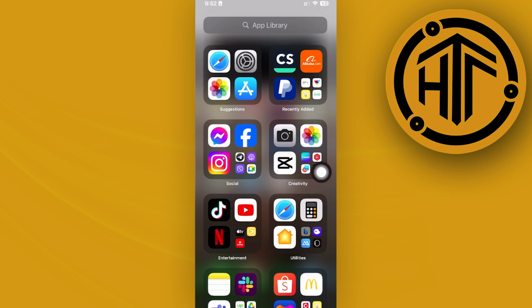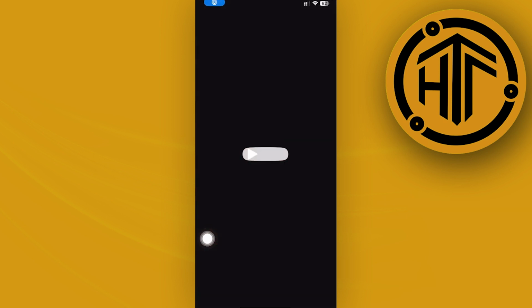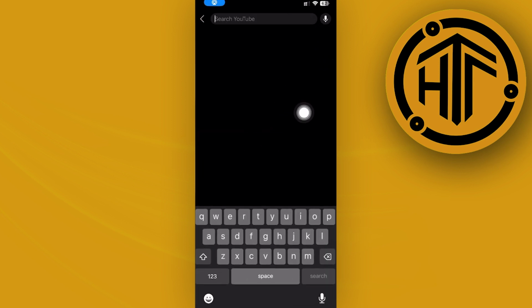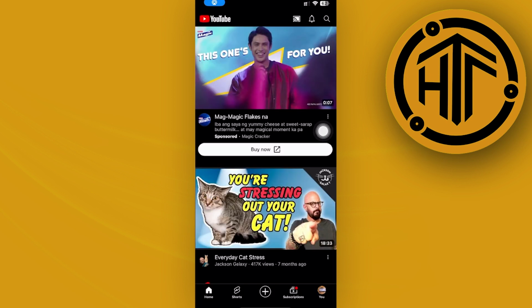So in order for us to accomplish this, what we need to do is tap on our YouTube application. And once we're already here, basically you're going to see and tap on your search button. And if you have some recent searches, of course, you are going to see all of it right here. If you want to reset or remove that, all we need to do is tap on